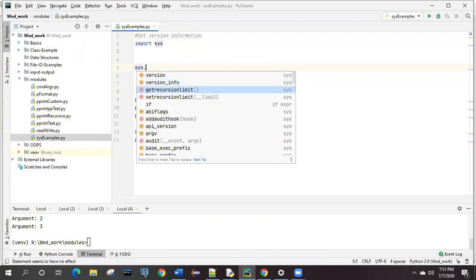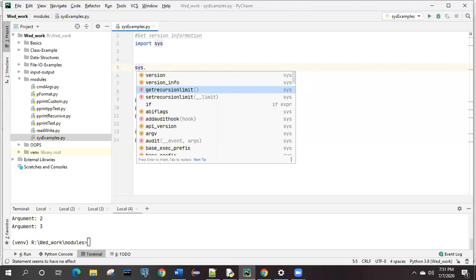Okay, and we have methods like getrecursionlimit. I will tell you more about this recursion limit later on after this example, but as of now, you can see that this is the method available. So what is recursion?